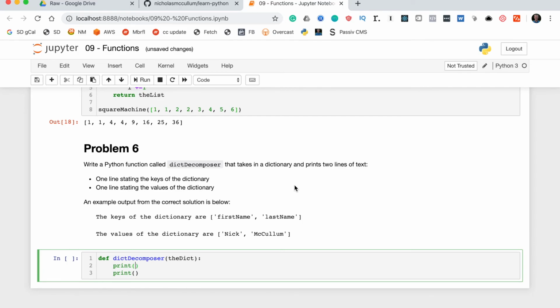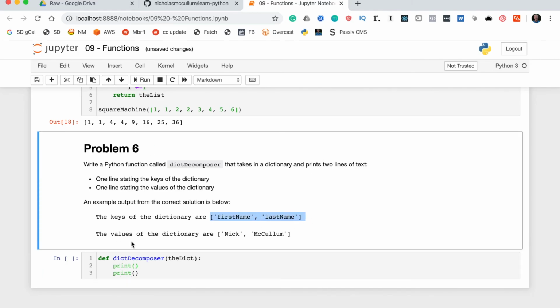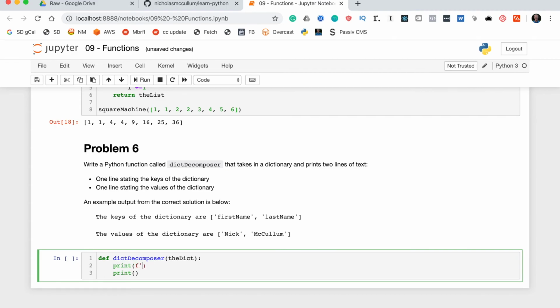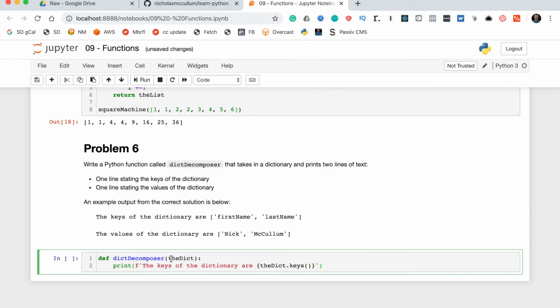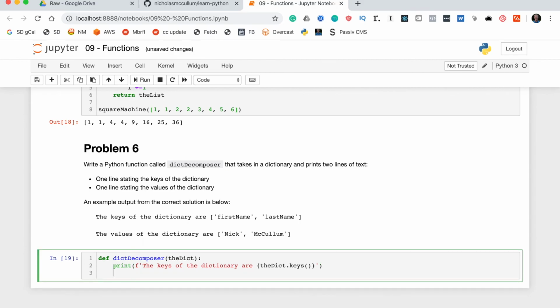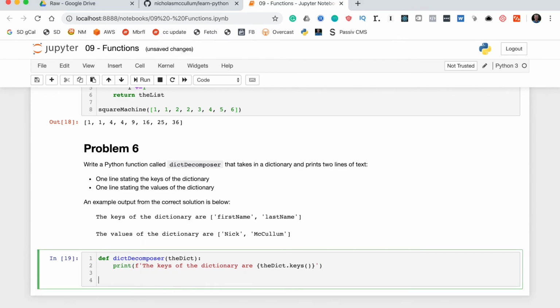Now what goes in the first one? We're going to have to interpolate in these values, so we'll use an f string. So we'll say f quotes, and then we'll say the keys of the dictionary are, and then in here we will say the dict.keys. Now if we run this, we'll delete the second print statement for a second, and if we run this and actually pass a dictionary into it, I'm going to copy in a test dictionary from off screen here,